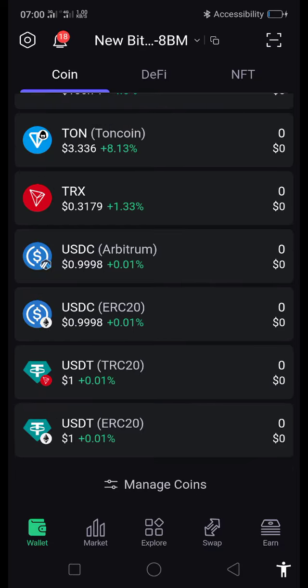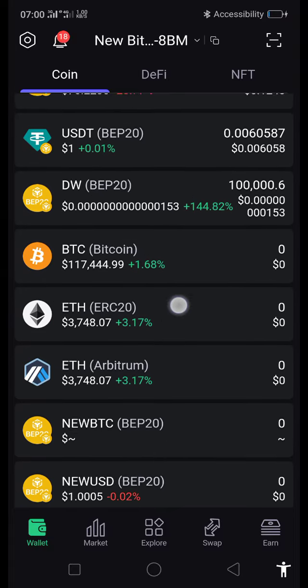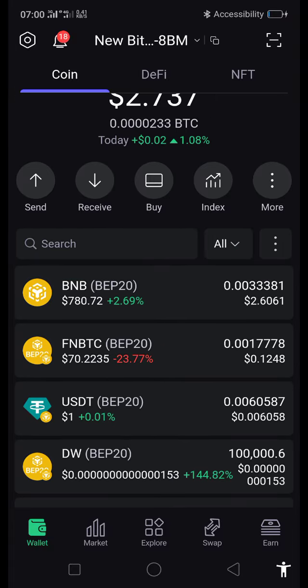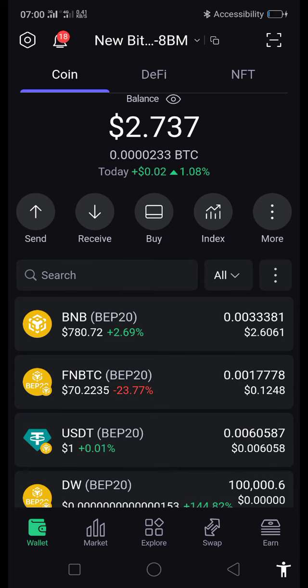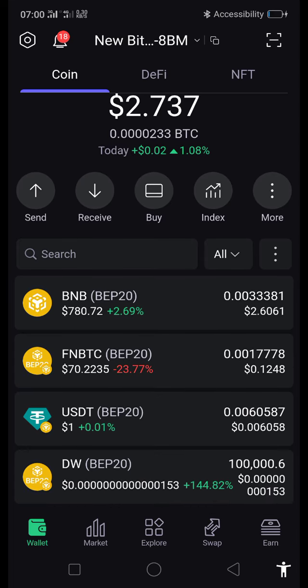So that's it. Once you click confirm, it shows up in the list. You go back, it shows up in the list of your coins. You can see my FMBTC here. I've turned down the second coin here. Now if you want to swap, the coin is already here. You want to swap your USDT, you have USDT already, you want to swap it for FMBTC, come to USDT.